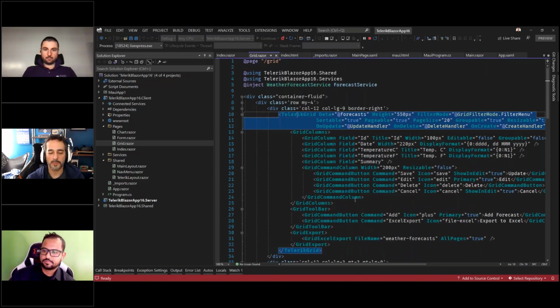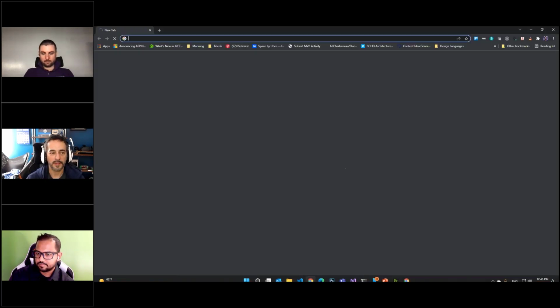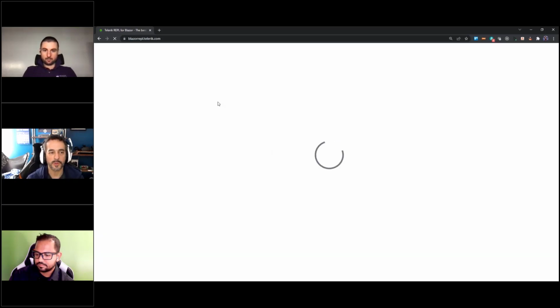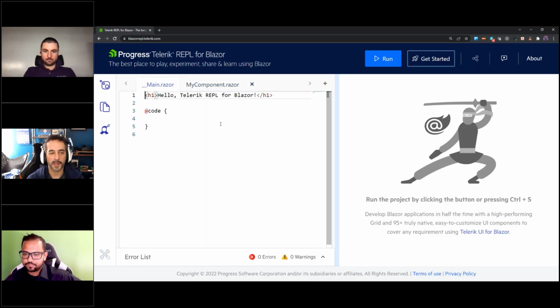With Blazor, the model of creating a component is so simplistic. I think that's one of the things that draws people like myself to it. If we just jump into Blazor REPL for a moment, we can create a component very quickly here in the browser in Blazor REPL. And basically, any markup that you put inside of a component that ends with .razor is now a component that I can go back into my application and just add to my application.